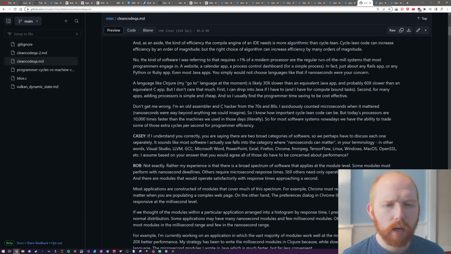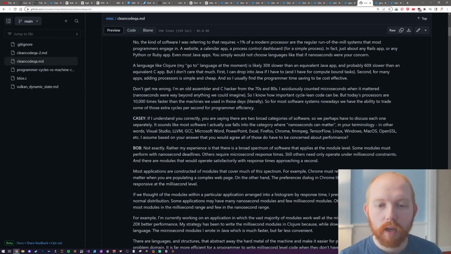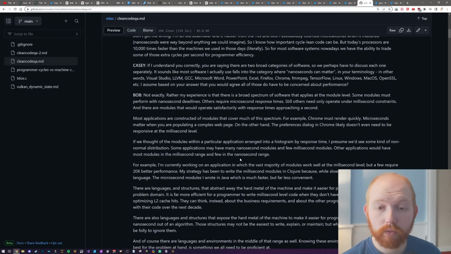Okay, so it sounds like most software that Casey actually uses, and so would myself, is software where nanoseconds actually matter. In other words, Visual Studio, LLVM, GCC, Microsoft Word, PowerPoint, Excel, Firefox, Chrome, FFmpeg, there's a typo there, but TensorFlow, Linux, Windows, Mac OS, all of these. And Mr. Martin goes, oh, not exactly, rather my experience abroad, and does all the stuff, and then talks about this